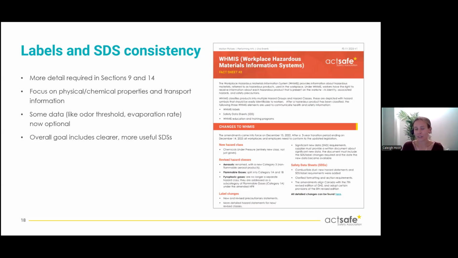And then the last technical change that we're going to see is that the labels and the SDSs have to fully match the new regulatory version that's coming out. So this means no partial updates. The supplier has to reclassify, relabel, and rewrite SDSs to meet that 2025 format. And again, that all has to be done by December 14th. Not that they haven't had a good 7 years to do it. So you may not notice too many changes. Lots of companies will already be compliant with this new one. But as of that date, everything needs to be updated.